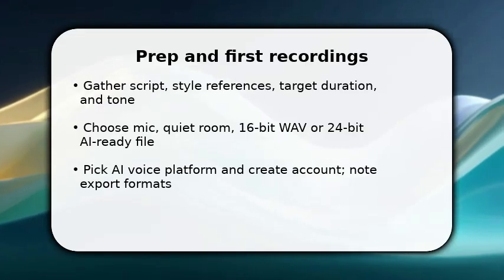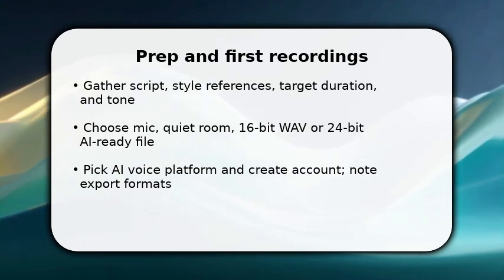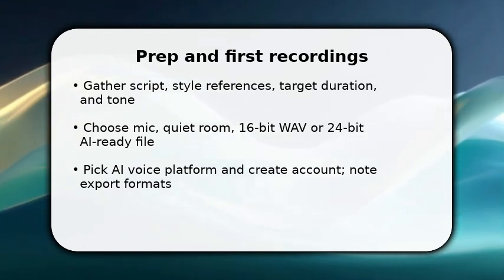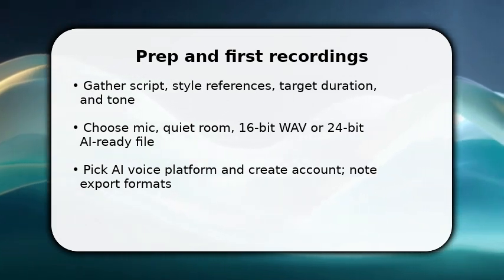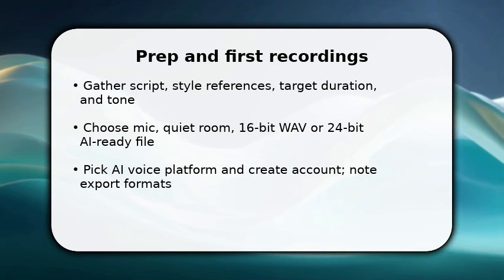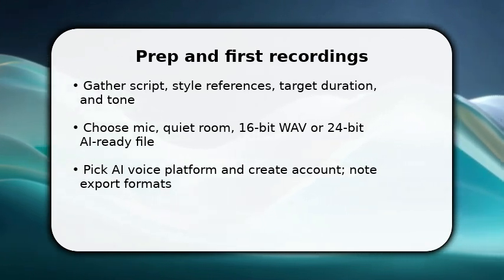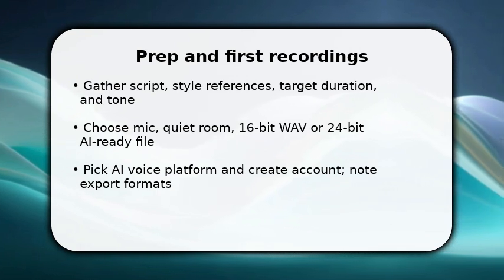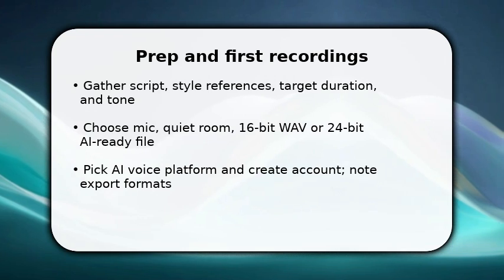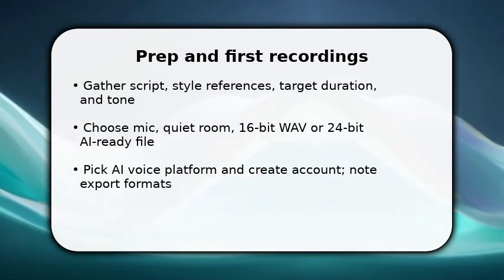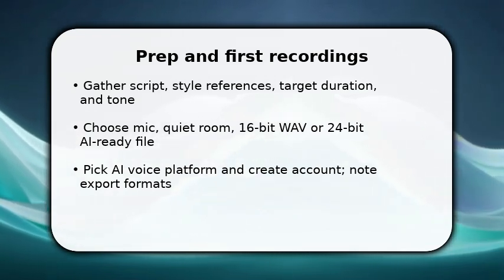You start by locking down what you want to say and how it should sound. This saves time later. Record short reference lines with your mic in a quiet room. Aim for clean 16-bit or 24-bit WAV. Once done, upload examples and the script to the AI voice platform you chose, and select a voice preset close to your target. Make sure to tag sections with emotion or pacing notes, because these annotations guide the AI and